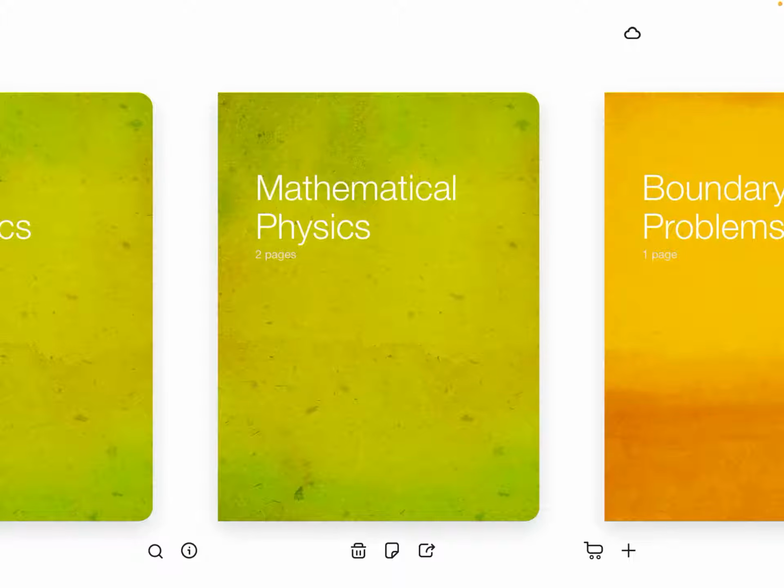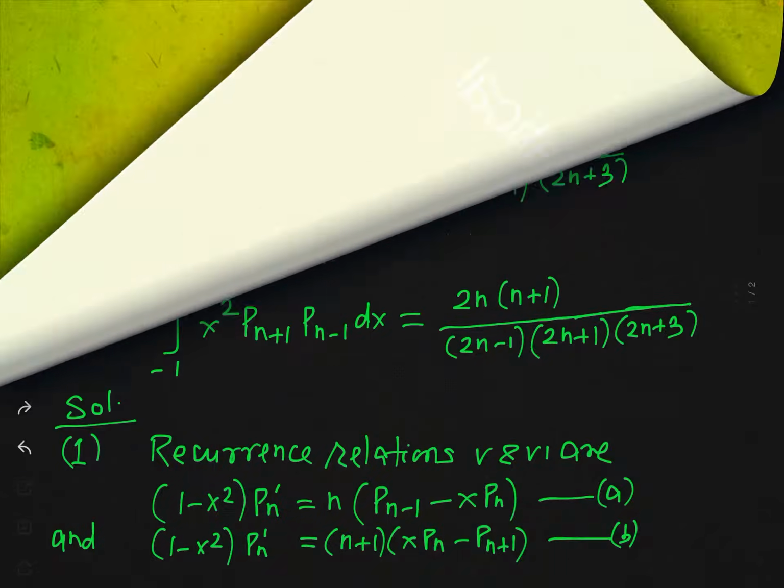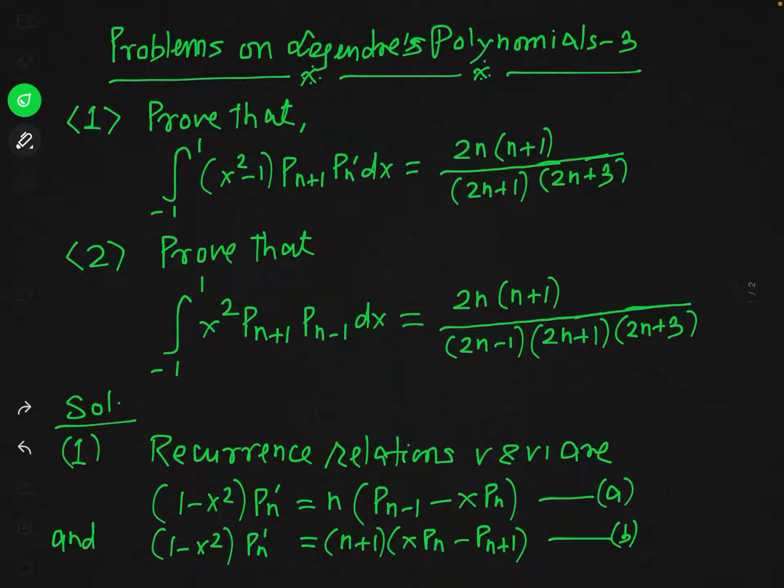We have gone through the orthogonality property of Legendre's polynomial in the previous lecture. Today we will use that orthogonality property in solving some of the numerical problems based on Legendre polynomials. So let us see, I have selected the first problem in which we have to evaluate this integral, which is